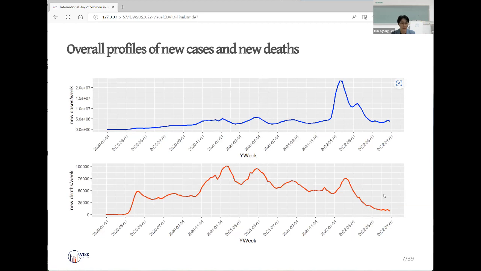In this plot with deaths, the patterns are quite different. A peak is at the beginning of 2021, and since then, the deaths are gradually decreasing. Of course, there are a couple of peaks in the beginning of COVID-19 and here and here, and here due to Omicron, which also shows a high peak in the new cases.